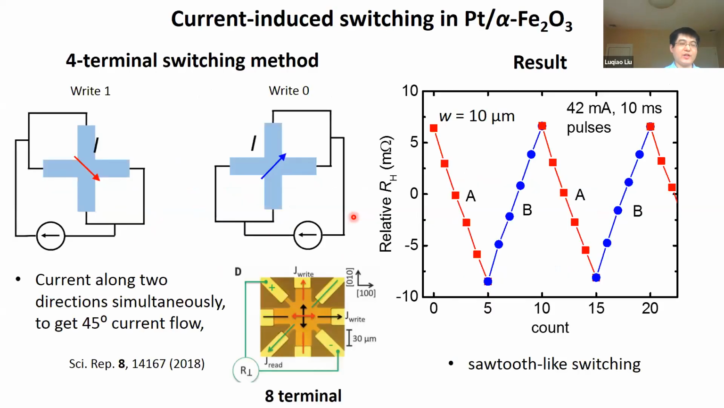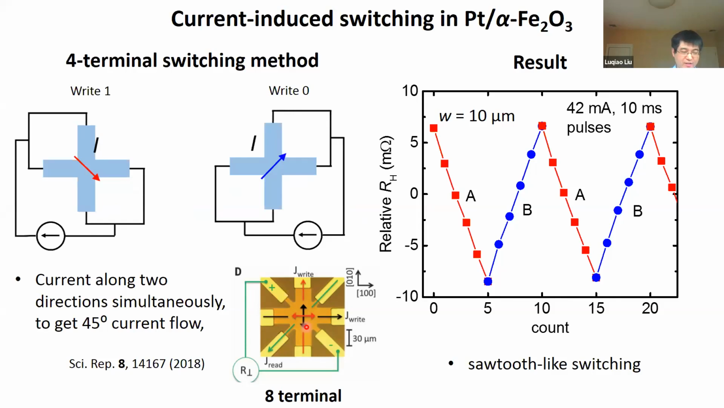Well, basically, the first experiment that we tried to do is to realize this kind of current-induced switching, just trying to follow what has been done earlier in other material systems. As you know, if you want to realize a Néel vector switching, the most popular device geometry is this kind of 8-terminal device geometry, where you can apply current in two orthogonal directions to rotate the Néel vector